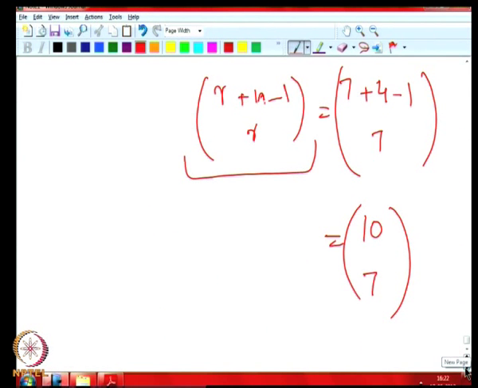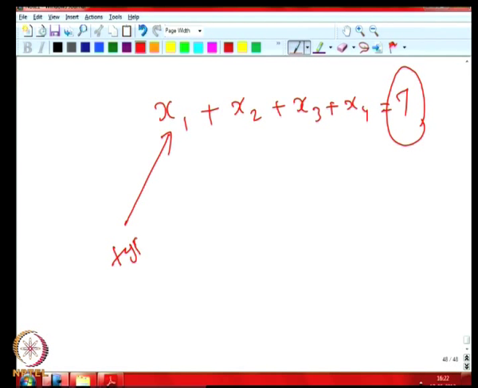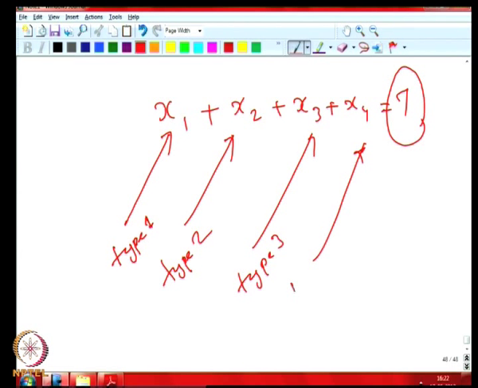Now, if you want to see the correspondence with the other problem, the selection problem, we have x1 plus x2 plus x3 plus x4 equal to 7. In the selection problem, we just say that we want to select 7 things, right, and this is one type, type 1. This is another type 2, this corresponds to another type 3, and this corresponds to another type, or maybe another object, you can say. This is the first object, second object, third object, fourth object. We are taking several times the same object, or we are taking so many things of the same type. The question is, we want to take 7 things of this type, this type, this type, or this type, and then